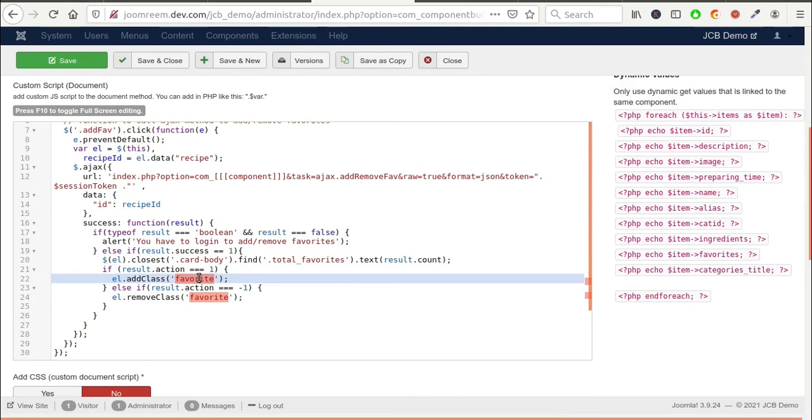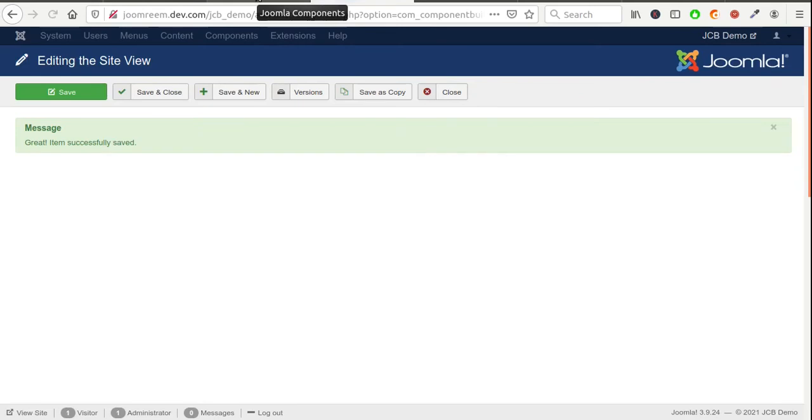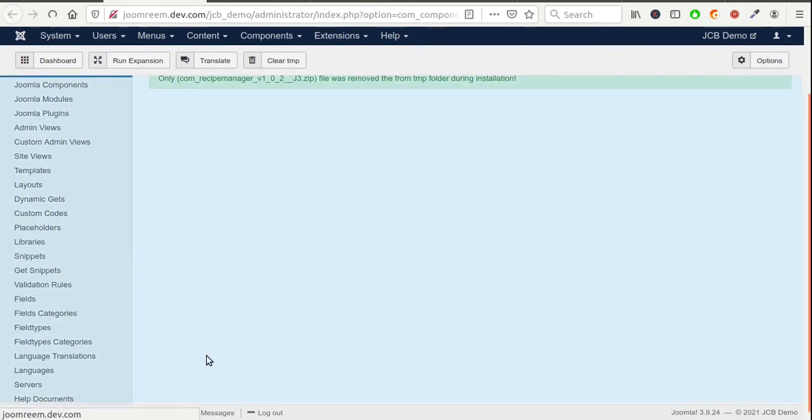In this way, we can style the favorite CSS class with a different color to demonstrate whether the recipe is added to favorites or removed from the list. Save, compile and update the component.